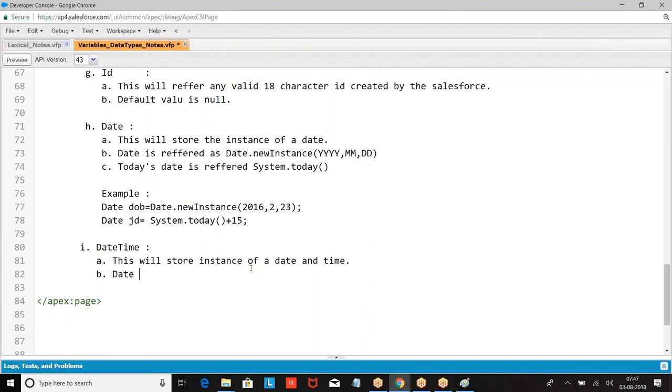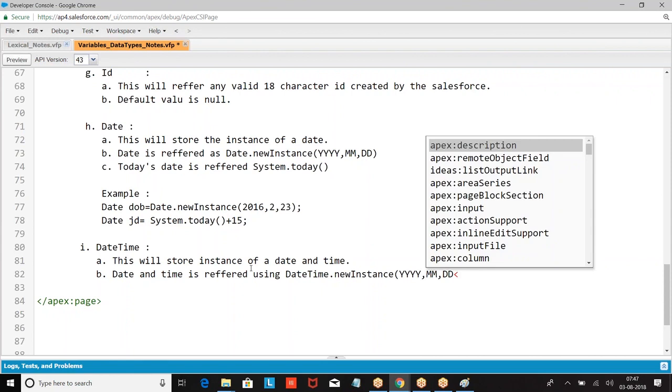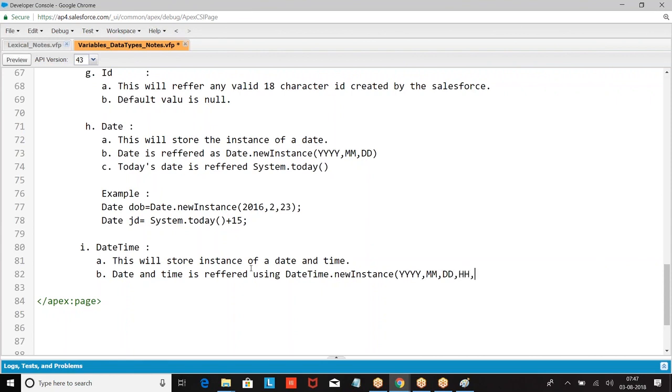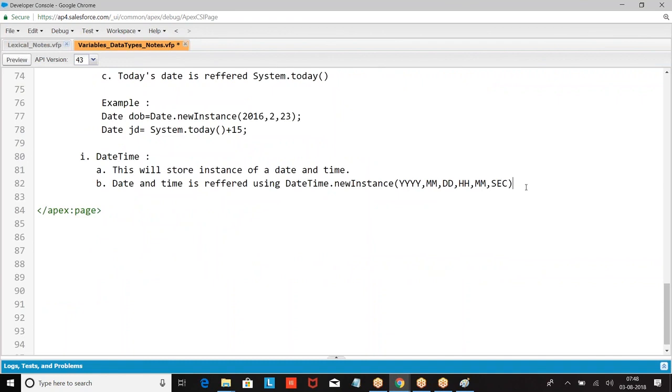Now, date and time is referred by year, month, date, hours, minutes, seconds.